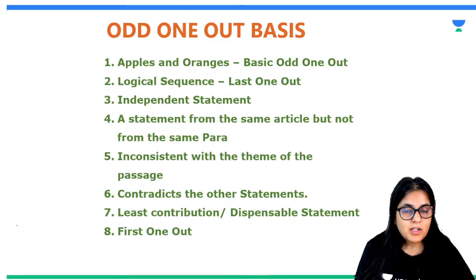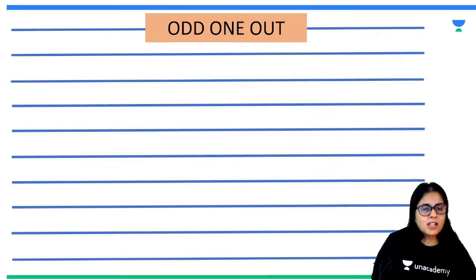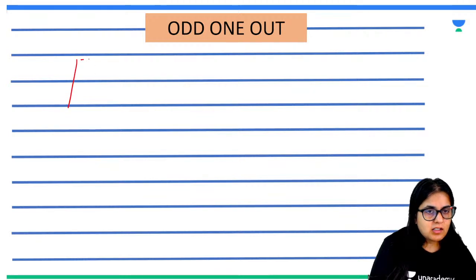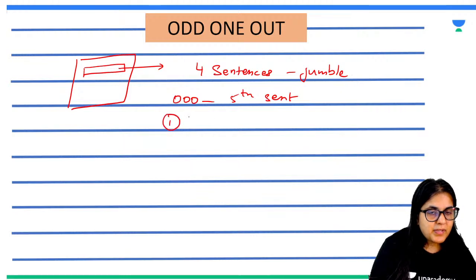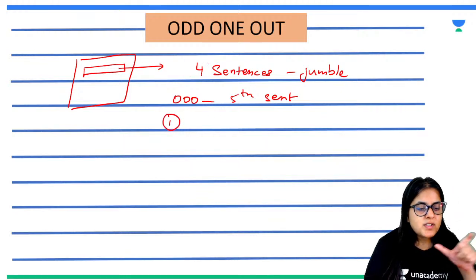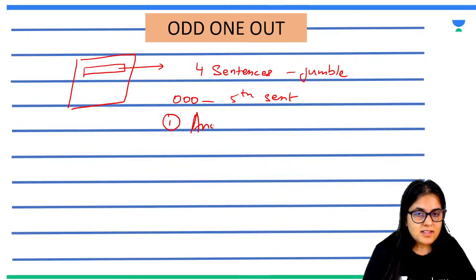Now, in order to understand odd one out, it's very important to understand how an odd one out question can be framed. What a paper setter will do is take an article, take one para from it, take 4 sentences from that para, and jumble them. Then for the 5th sentence, the odd one out, they can do the following. Either they can Google the keyword. What was the keyword in the 4 sentences? From that keyword,